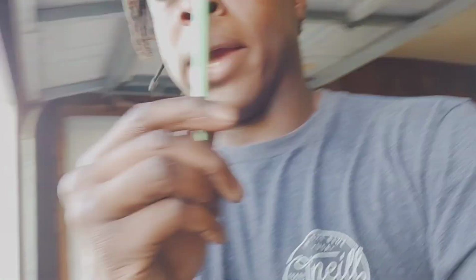So yeah, that's going to be it. I'm happy with this little quick how-to. I am going to run the cable around so it's not just flopping around everywhere. And I'm going to keep the stylus